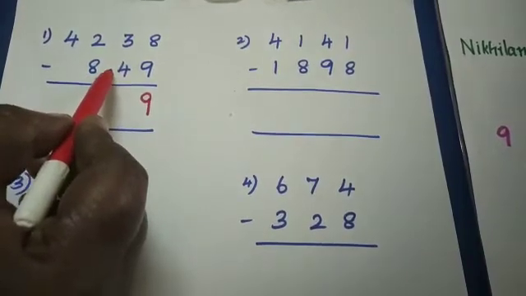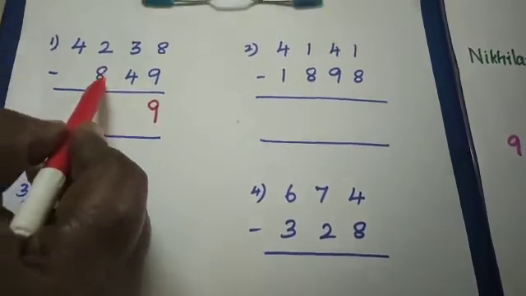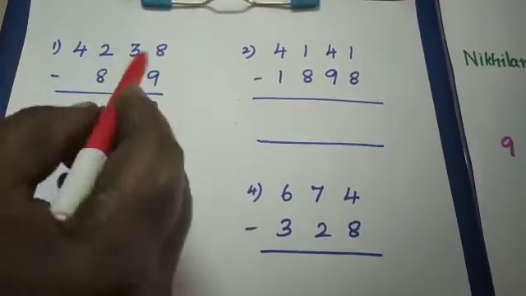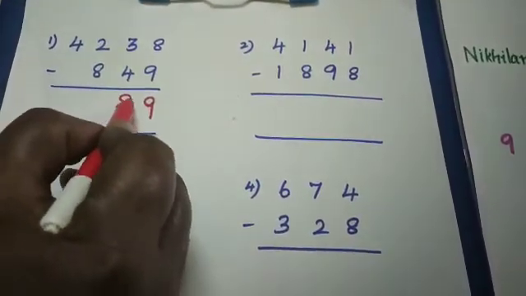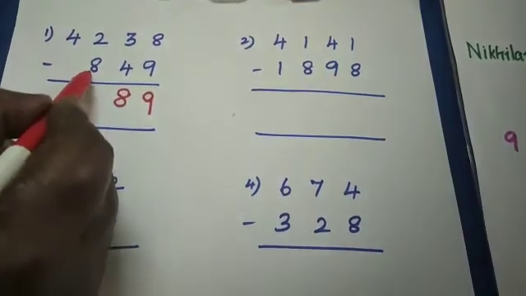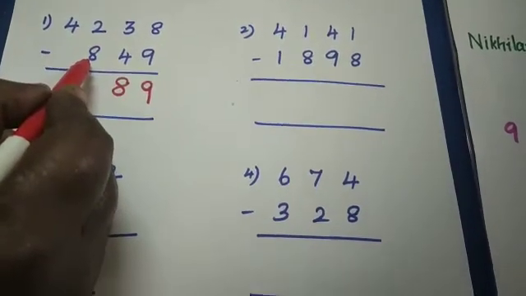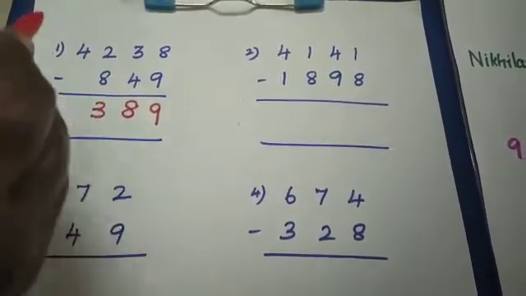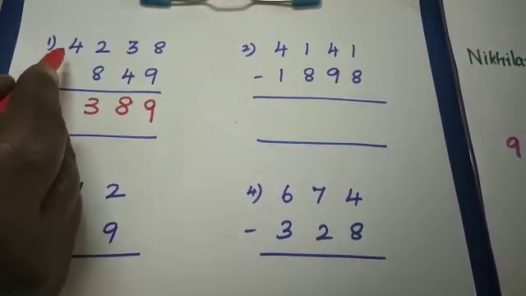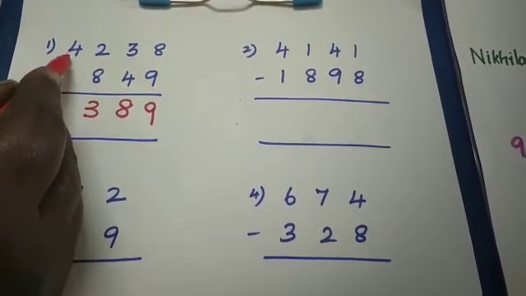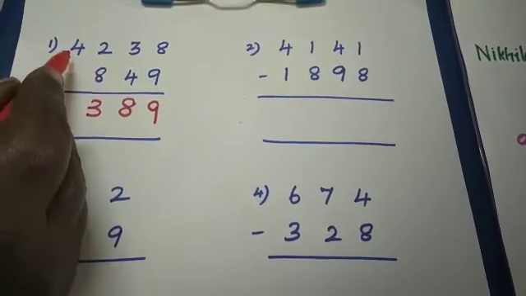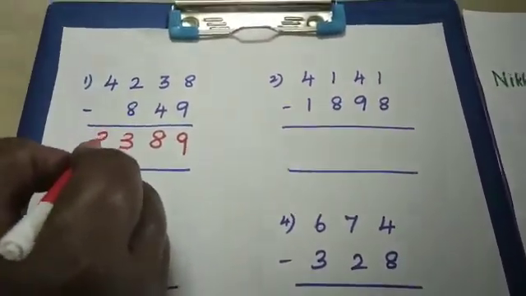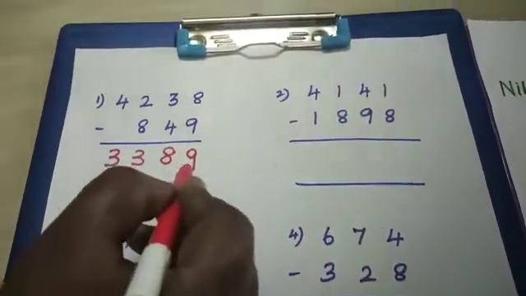When coming to the second number, you have to take the 9 complement. Okay, 9 complement of 4 is 5. 5 plus 3, it is 8. And here also 9 complement of 8 is 1. 1 plus 2 is 3. And what about the number here? Here you have to reduce 1 from here. If you subtract 1 from 4, you will be getting 3. So this is your answer.